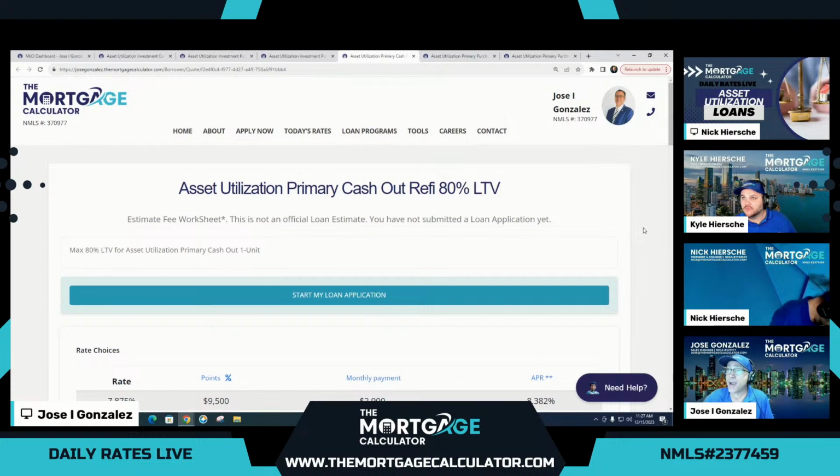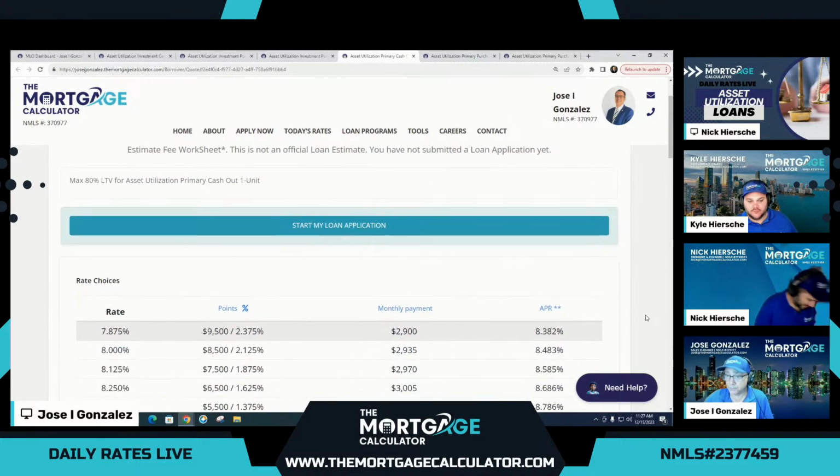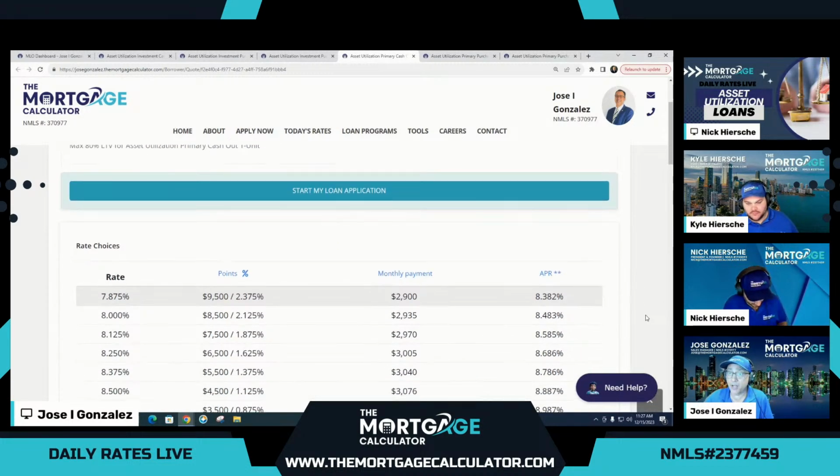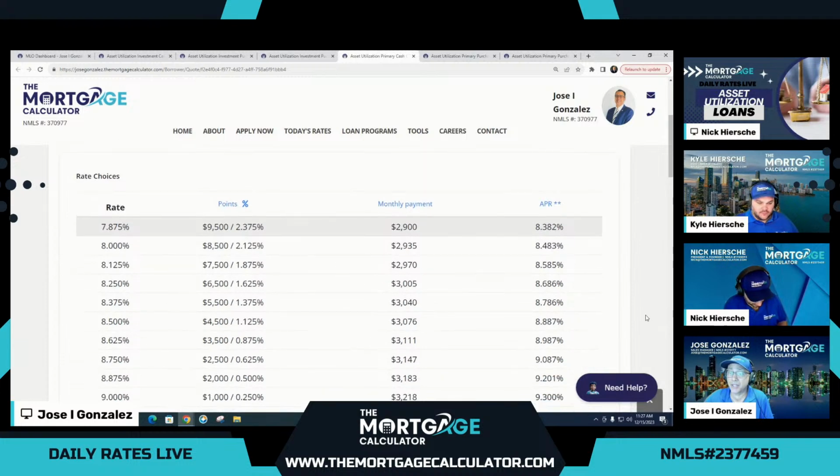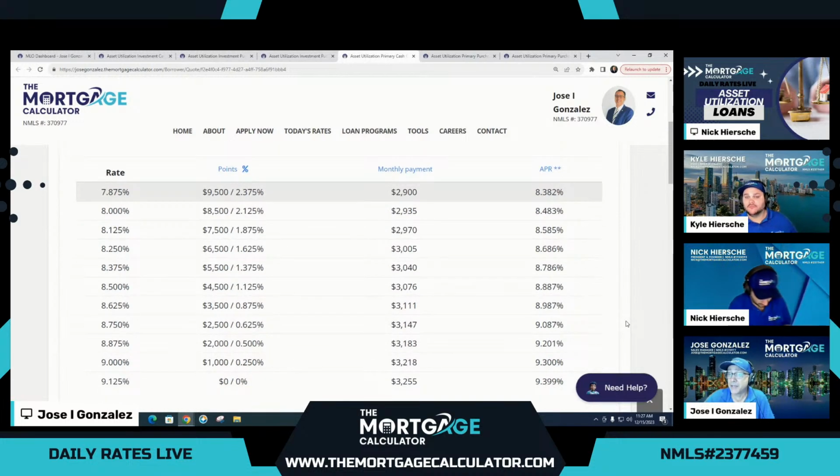So on our primary cash out, now this is where asset utilization does differ a little bit from bank statement loans and profit and loss loans in the max LTV. P&L, I think, is 80% as well, but bank statement definitely on the primary is 85% LTV. On a cash out, asset utilization is max 80%, and that again is going to depend on the